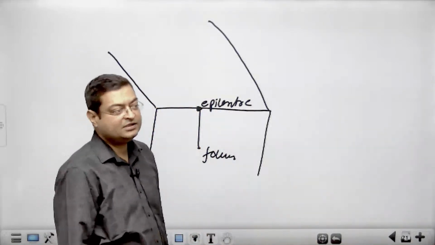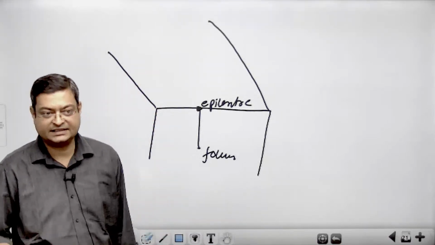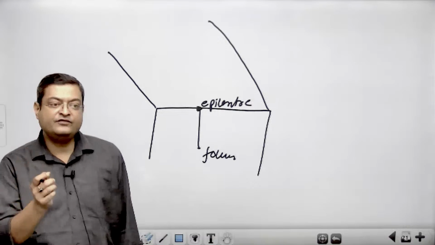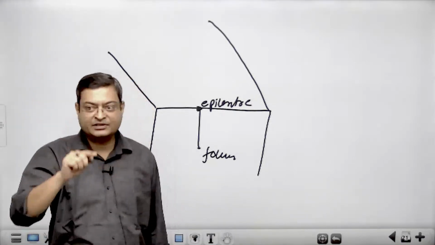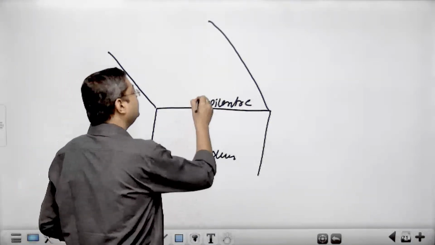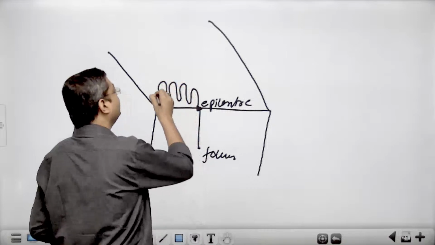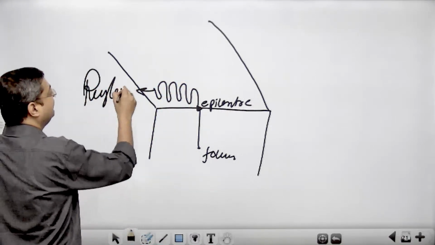So when the earthquake occurs, what is an earthquake? It is simple general shaking of the surface. As if you are throwing a stone in a pond, it is going to create ripples. That is up and down movement. So if the earth is moving in an up-down movement, it is termed as Rayleigh wave.